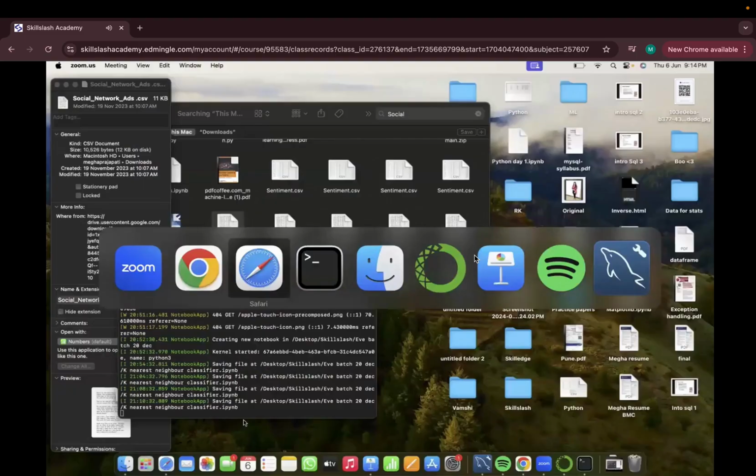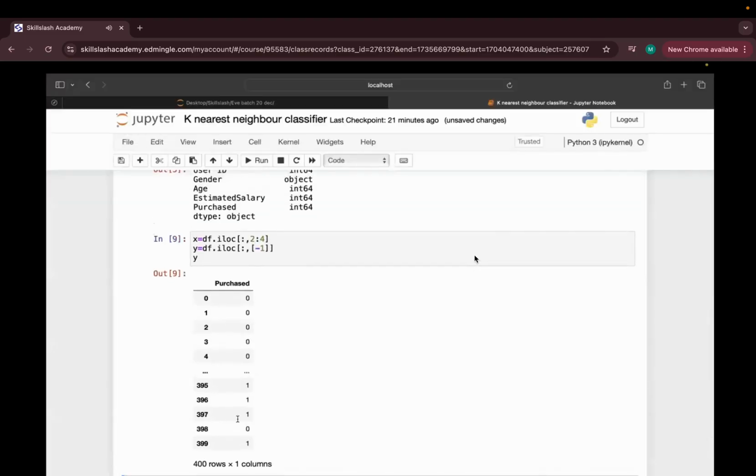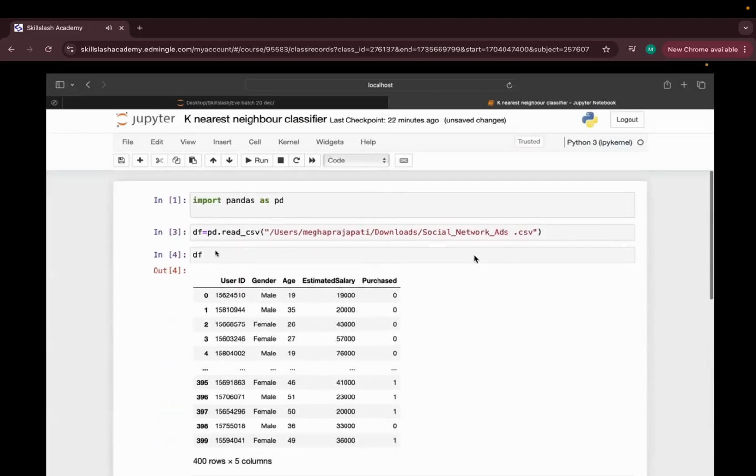Since we selected the X and Y, the next thing we have to do is splitting the training and test data. X and Y are selected. Now we have to split the data set into train and test. So I'm simply writing from sklearn.model_selection. Guys, this is something which we have to write every time for the training and test splitting: sklearn.model_selection, import train_test_split. Getting it?